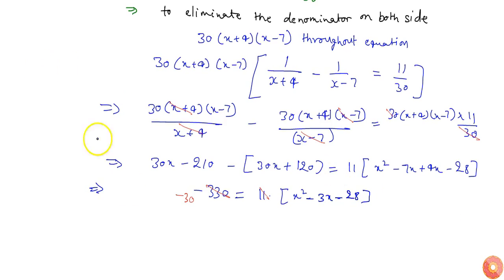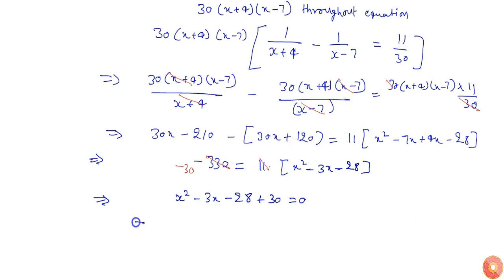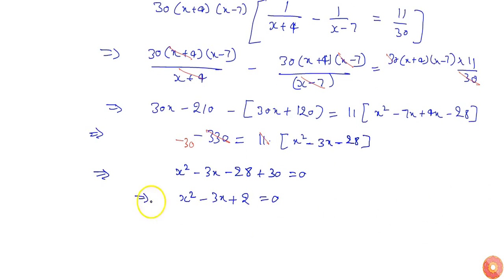So now x square minus 3x minus 28, if I transfer minus 30 to the right hand side, it will be plus 30 equals to 0. So I'll get x square minus 3x plus 2 equals to 0,